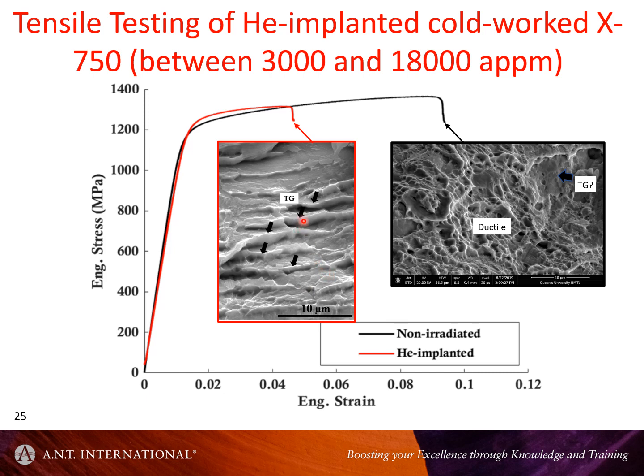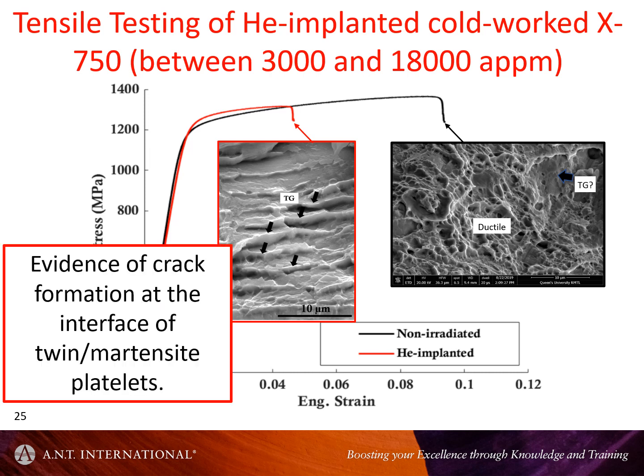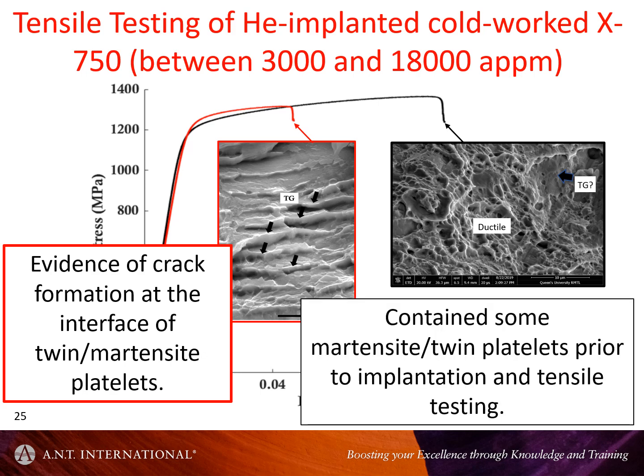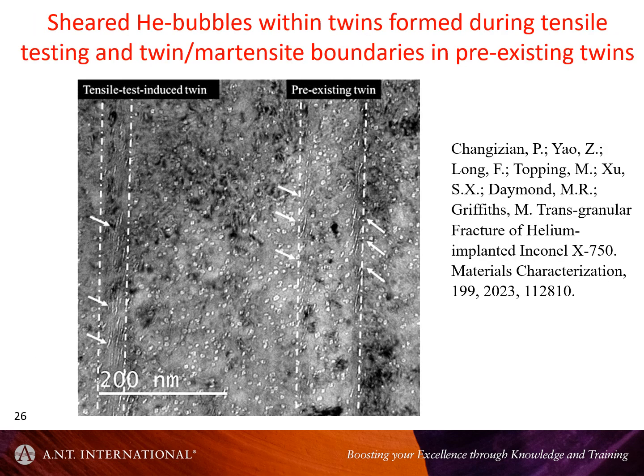And in some cases, if these features were parallel with the plane of the fracture, they'd look flatter, of course. I mean, the whole region would look flat. So here we have some nice strong evidence for the formation of cracks at the twin martensite interfaces. And then he went and looked a little bit further, did some TEM on the samples, and lo and behold, again,